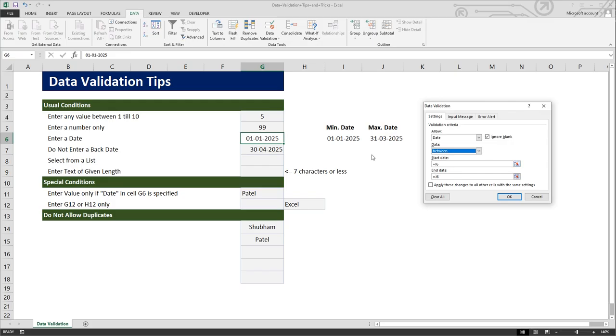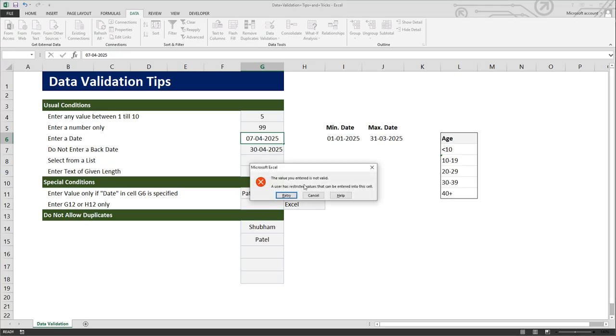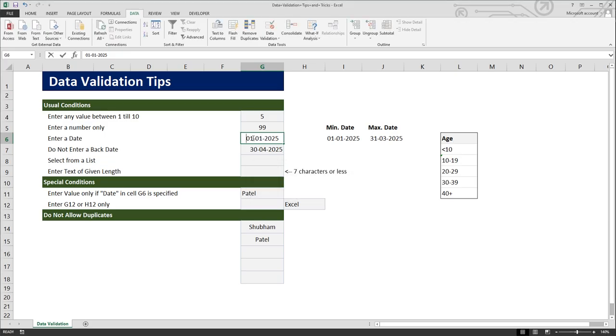I have already defined the start and end dates in some other cells, so I will pick those. The minimum date is the 1st of January 2025, which is in this column, and the maximum date is the 1st of March 2025. If I write today's date, which is the 7th of April 2025, the cell will not allow it because we have used data validation. If I write any date between the 1st of January and the 31st of March, for example 2nd February 2025,